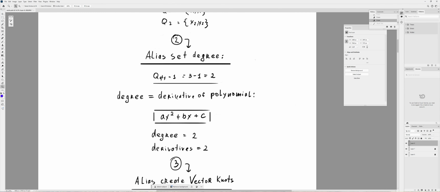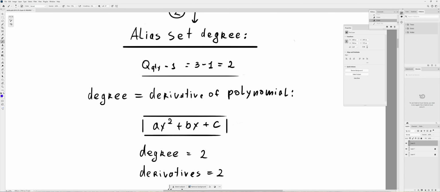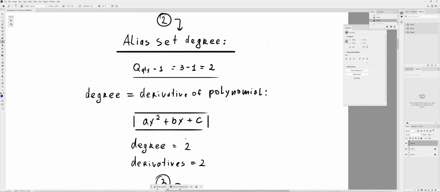So in general, and I probably mentioned before, underneath the NURBS curves there are complex polynomials and a lot of math behind them, and it is true. But there is a nuance. So right now, when we talk about the degree or derivative of a polynomial, Alias will take in mind that this is a 2 degree curve, and we have 3 control vertices, which means that the polynomial itself will have 2 derivatives,